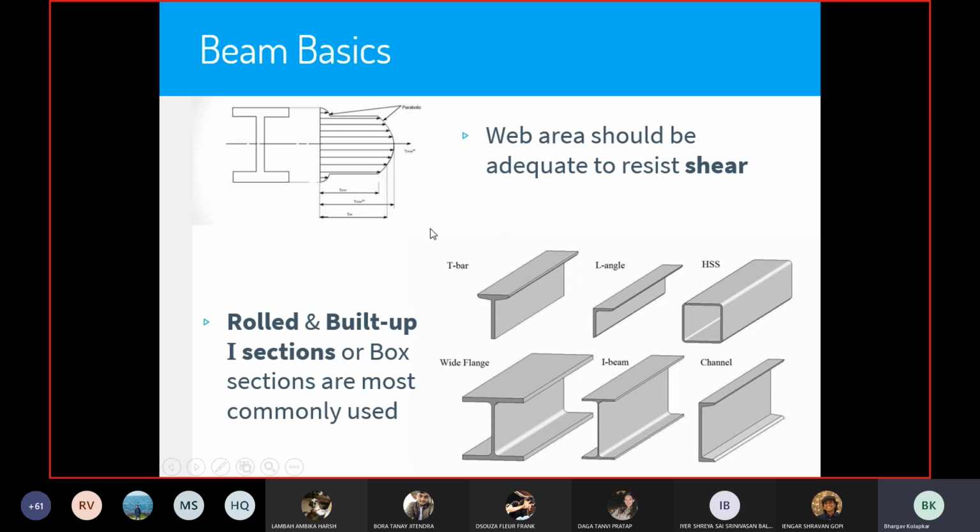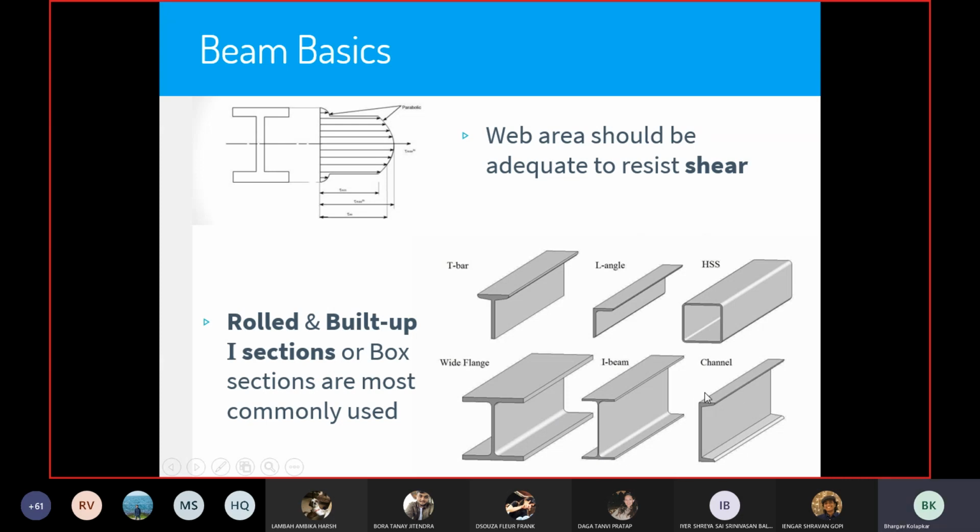So, like in compression and tension members, there are again thousands of sections that you could use as beam sections. But again, the most effective would be the sections whose large portion of its area is as far away from the neutral axis, and that is what happens in I sections. So this is a hot rolled I beam. So this is a beam that is manufactured in a hot rolling plant,